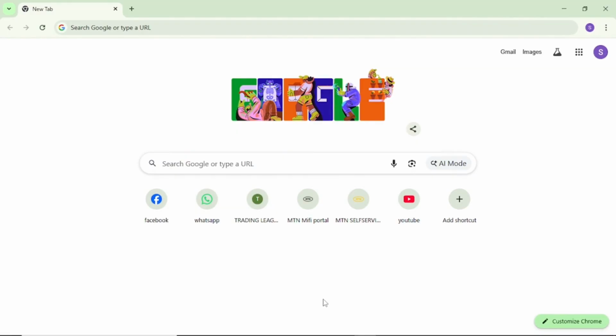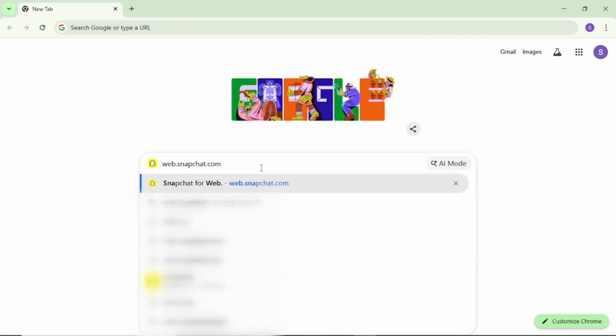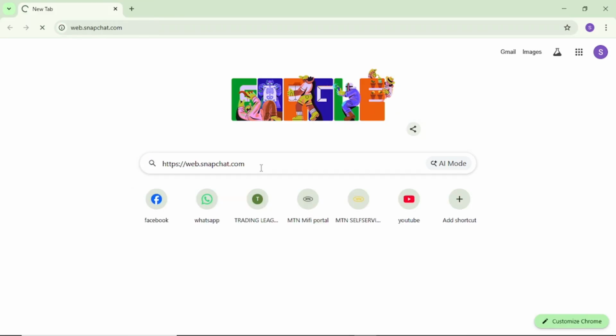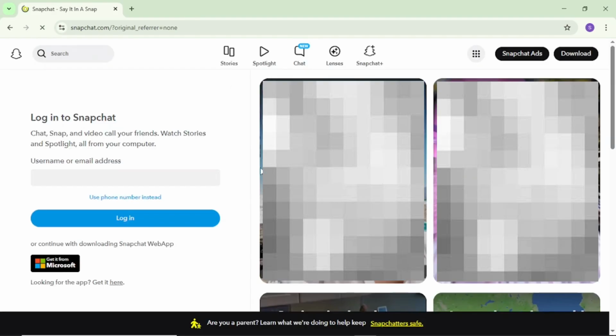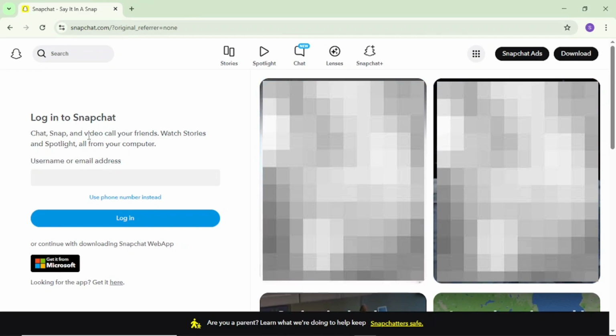On the browser here, come here on the search bar and enter the Snapchat official website to log in. And here it is. You can see right here is Snapchat official website. After that, tap on enter. If it loads, it brings you into Snapchat official home page, and from here you can see here log into